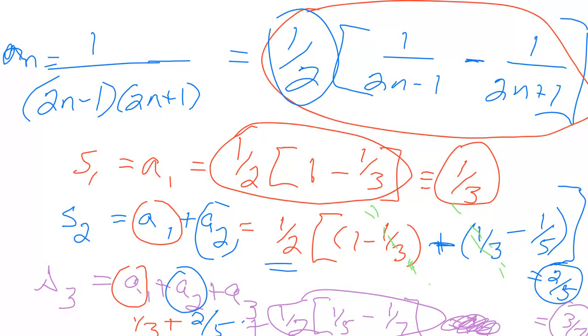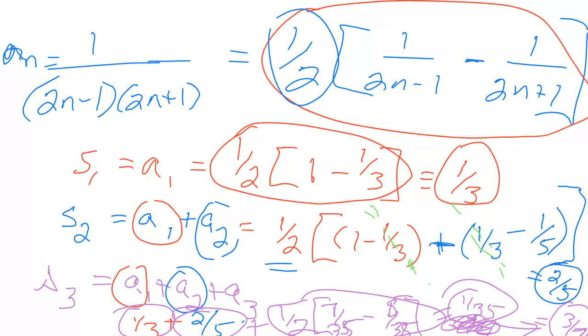But if I did it in here, what would I have to do? 1/5 is 7/35, right? And 1/7 is 5/35. So this is 2/35 times a half. So the 2's cancel. So this part in here actually is 1/35. Sorry. So anyway, I'll let you do the math. But if you take 1/3 plus 2/5 plus 1/35, you should end up with the third partial sum of 3/7,